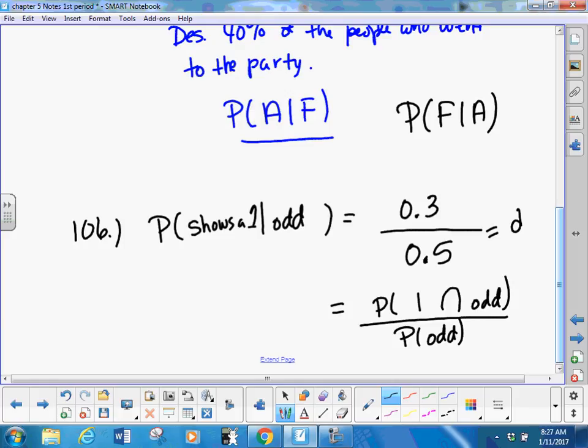Anything else on the homework that you'd like to say? Or any other questions? If you want to get out your formula sheet,